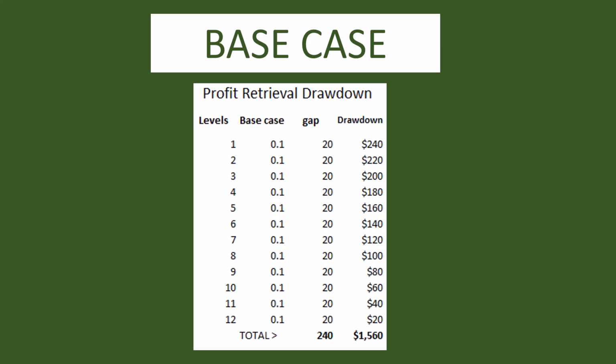The most recent top-up will only have a drawdown of $20 because 1 pip is $1, and then we've calculated the total drawdown for all of the open trades. So this is our base case. This is what most people trade. They have a gap of that, lot size of that, and they have drawdowns of that should they reach 12 levels. So now we're going to say, how do we